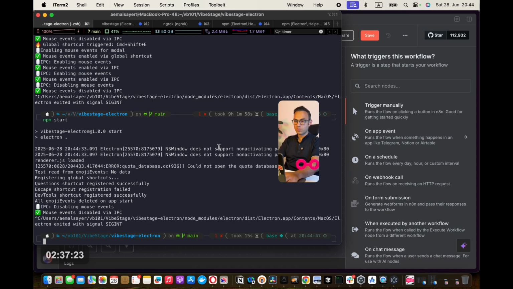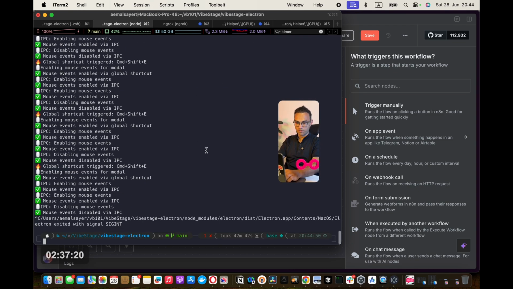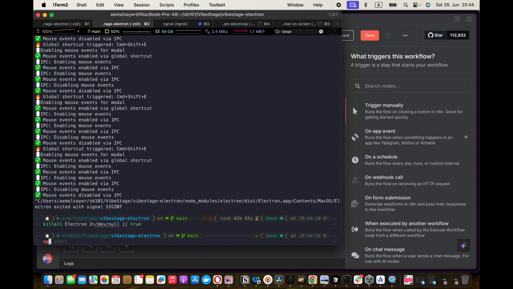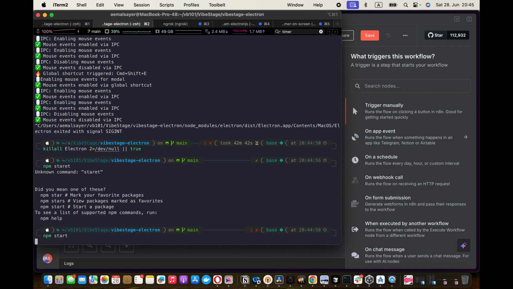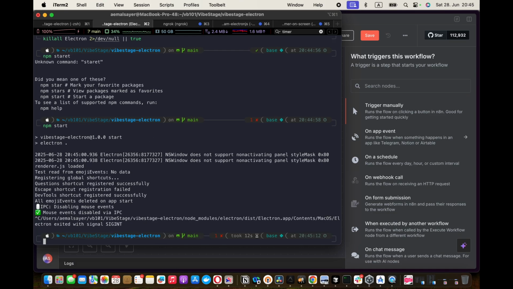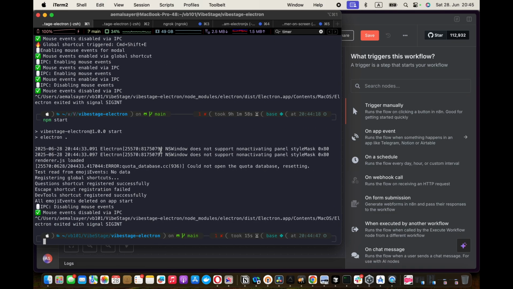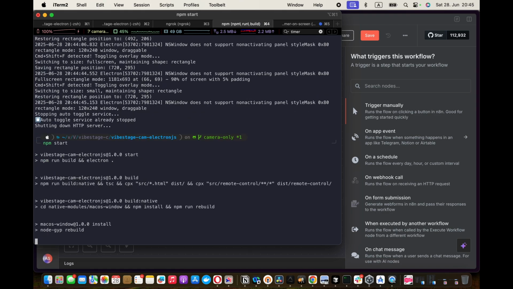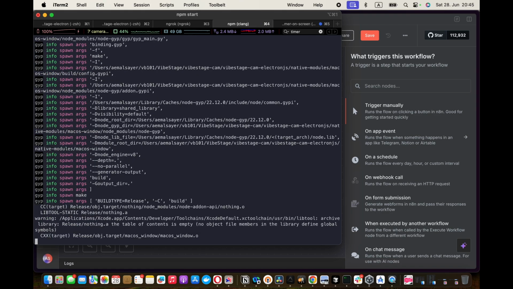Oh, now I see what was happening because there were 2 of them running. Okay, kill all. Okay, this makes sense now. Why did I see 2 times questions? So now if I run this, you can see that I said npm start, something is starting, and hopefully, oh, this is not the version that I'm looking for. The version that I'm looking for is this one. So if I start it, it should now run and then get access to my camera.